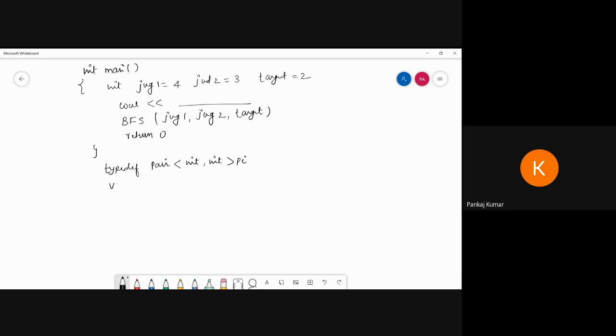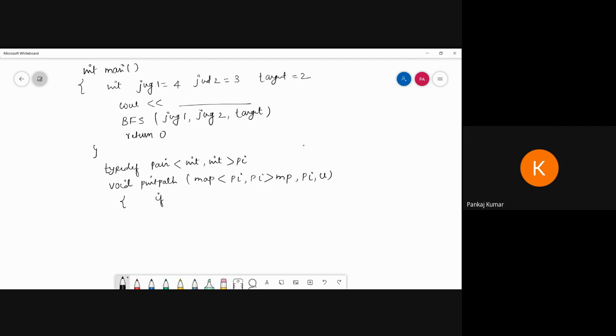So after this, I have to print the path. So I am writing a void printPath. Whatever the pair, we have to print that one. So here I can use one function, map, map of pii, that is the pair path, comma pii, the both path, and we have to map like this one. And this one is the variable. This map is a function, and here this is a variable name. And here I am putting a pii path and u as one variable. Okay, and inside that one I'm going to pass